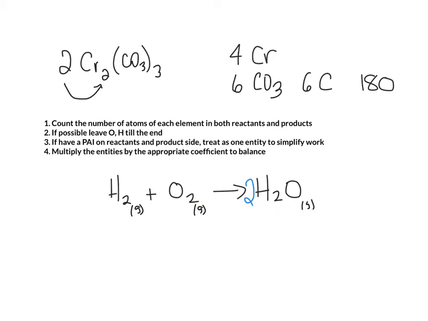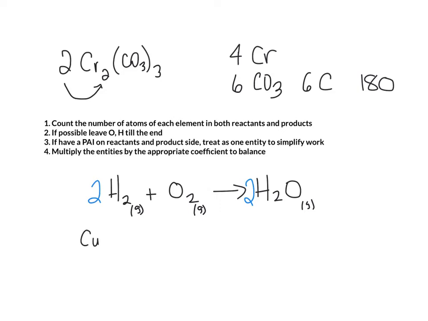But because we changed our hydrogens, we now have to go back and balance our hydrogens. So now, because there's 2 times 2, 4 hydrogens over here, we need to make this 4 hydrogens over here, so we put a coefficient of 2, so we multiply 2 times 2 to give us 4. Alright, that was a straightforward one, so let's try